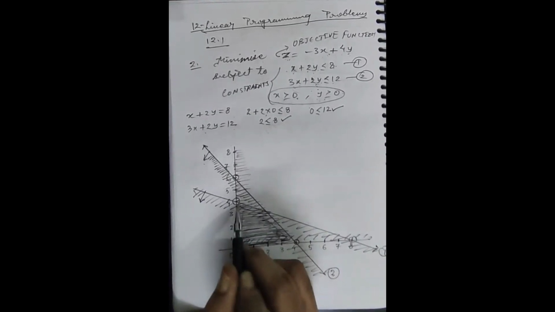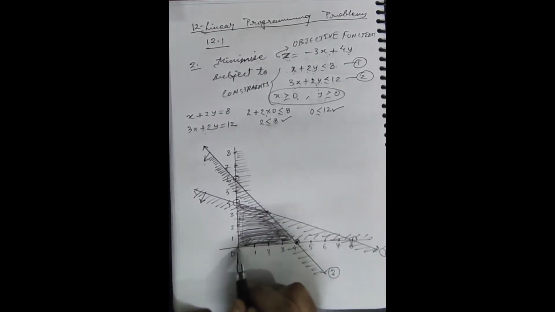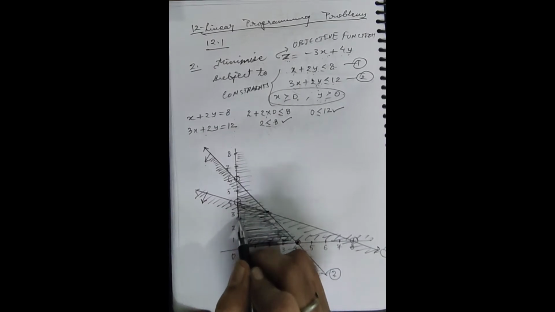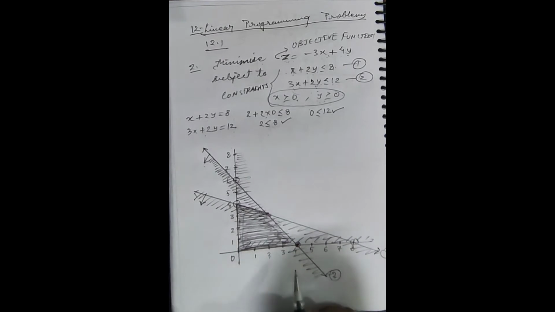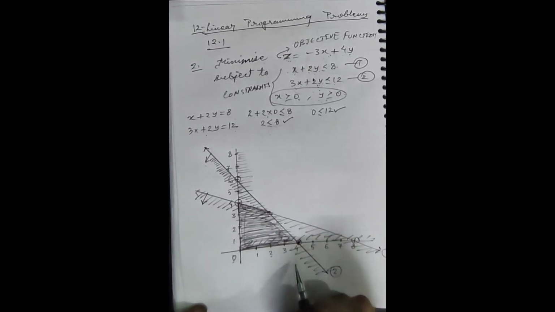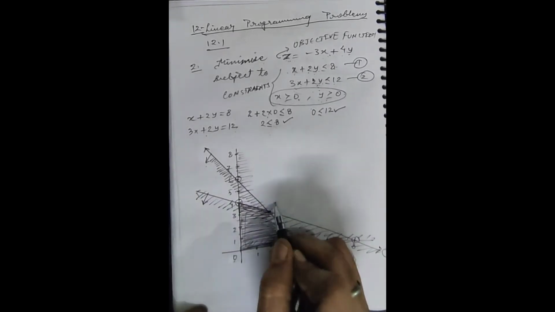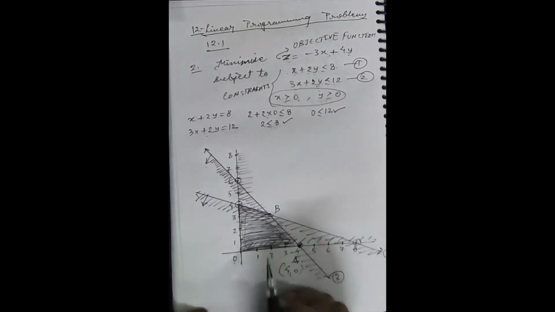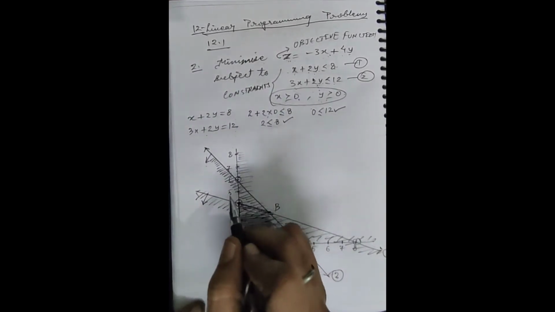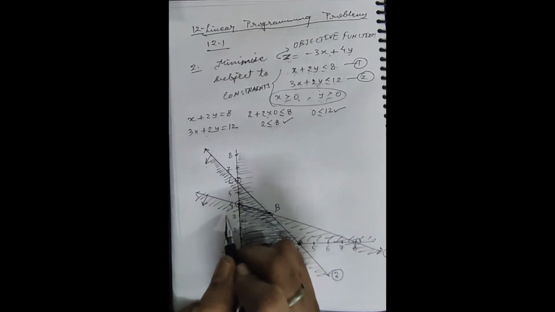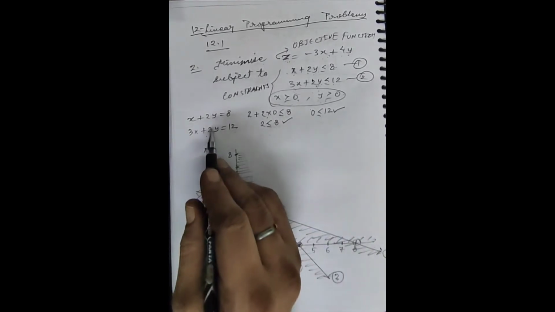Now this region is a polygon. Here these points where 2 straight lines are intersecting, they will be corner points of this region, or as we know, these are vertices of the polygon. One is the origin itself. This point is A, which we already obtained as 4, 0. This point is B, which we have to evaluate by solving equation 1 and equation 2. And this point we can see, you can say this is C with 0, 4, and B can be obtained by solving them.